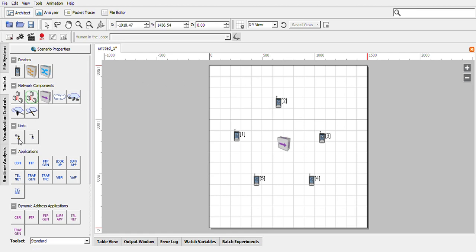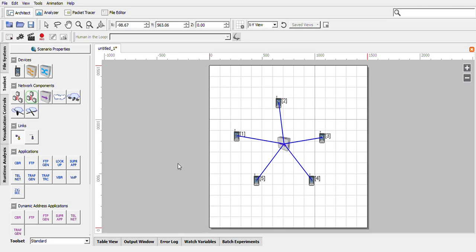Then now I will go ahead with the continuation of the experiment. Now I will connect all the devices like this, like this. Okay, now I have created a simple local area network where all the 5 nodes have been connected using a hub. Then after this you need to run an application.